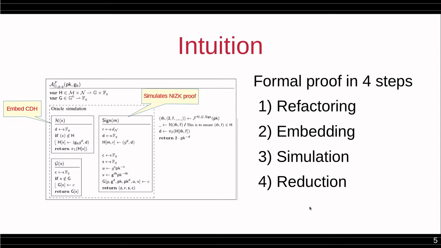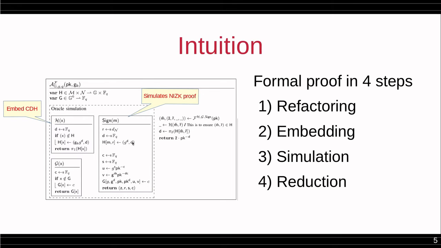So our security proofs are concrete, and the reduction from the CDH is displayed in this figure here. In this figure, the adversary has the UF-CMA forger as a black box, which internally simulates oracles H and G. The key insight in the reduction is to embed the CDH challenge across the signing scheme and its random oracles, then simulate the signing oracle, and then finally use the forger's queries to the simulated oracles to solve the CDH challenge. In oracle H, we embed the CDH challenge.